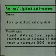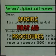Section 6 is extremely important as it explains potential health hazards. As workers, you need to know if the substance is harmful and what precautions to take to reduce your potential exposure. Section 6 also includes emergency first aid and steps to be followed in case of emergency. In some instances, chemical manufacturers recommend that specific first aid procedures be followed to prevent causing further injury. Section 7 contains procedures for